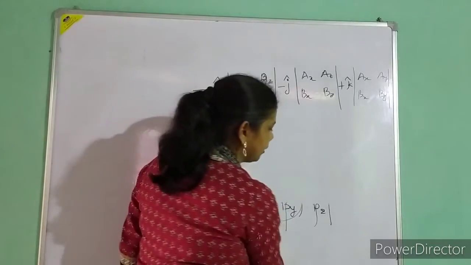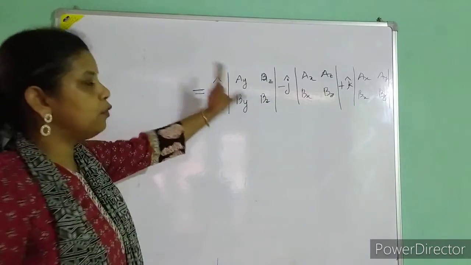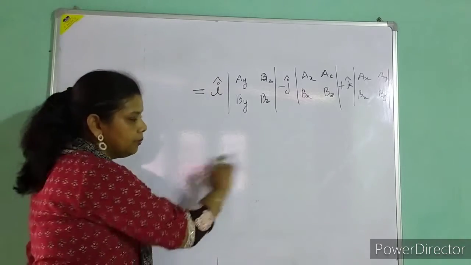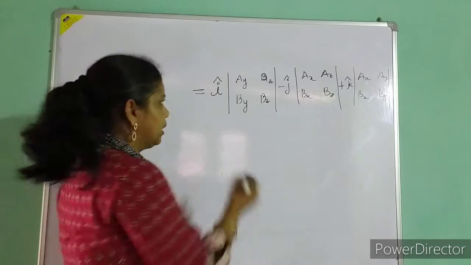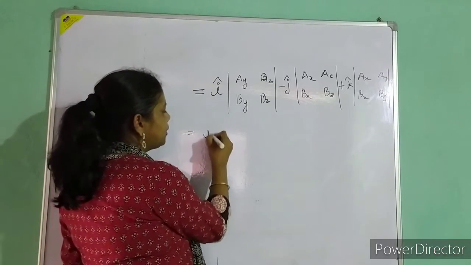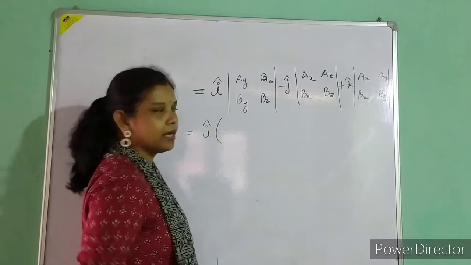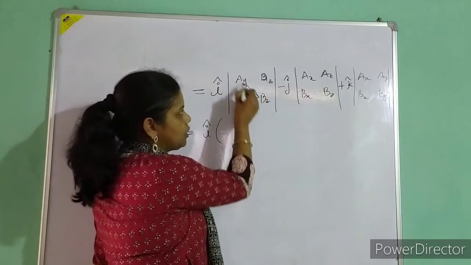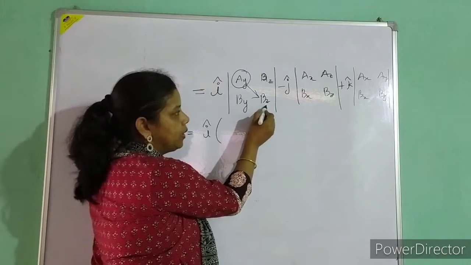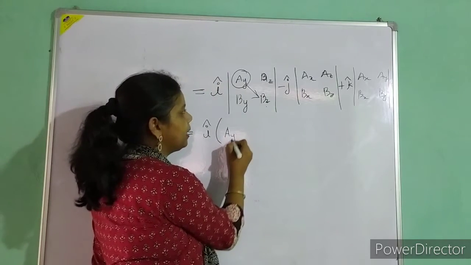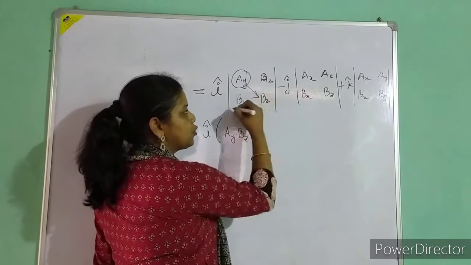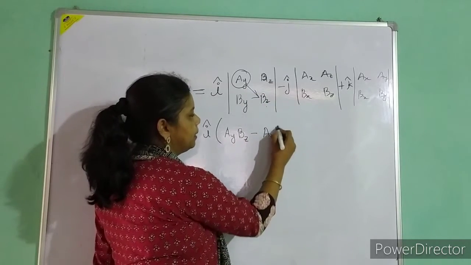I have already written the shortcut. So if you want to omit this step, you can omit it; by looking at the main determinant, you can do it. So now what is my case? After writing, I will give a bracket, then multiply diagonally. Always multiply starting with the first digit, left top corner, with the bottom. Means it will be AY BZ minus, then this one, so it will be AZ BY.